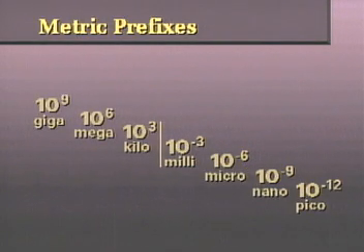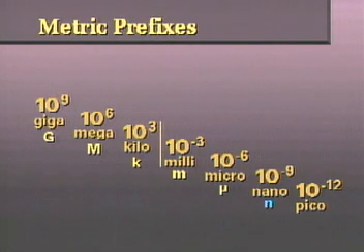To further simplify things, each of the prefixes have an abbreviation. For kilo, it is a lowercase k. For mega, it is a capital M. For giga, it is a capital G. For milli, a lowercase m. For micro, the Greek letter mu. For nano, it is a lowercase n. And for pico, it is a